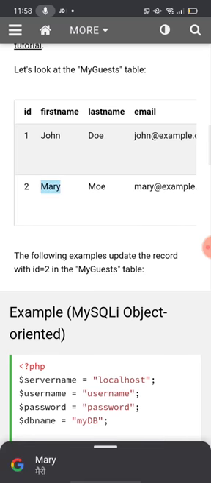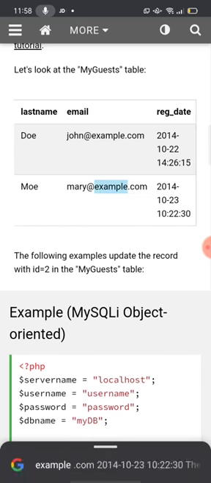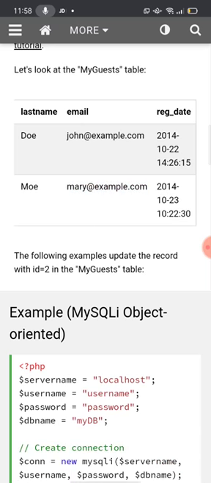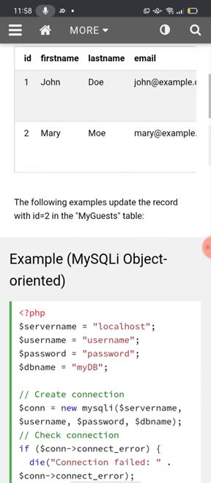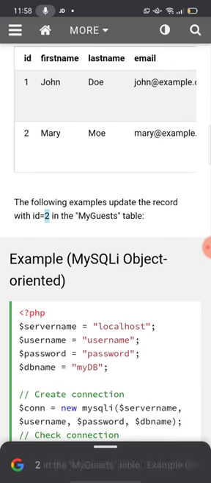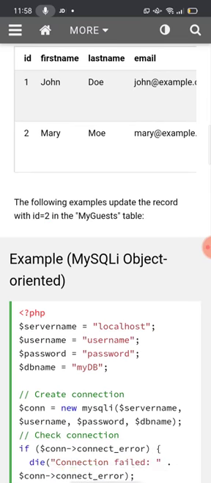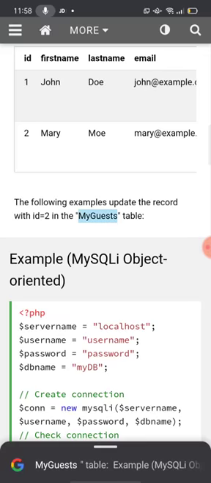The second ID is 2, Mary Moe, email is given, and registration date is given. Now the following example updates the record with ID 2, that is Mary, in the myguests table.